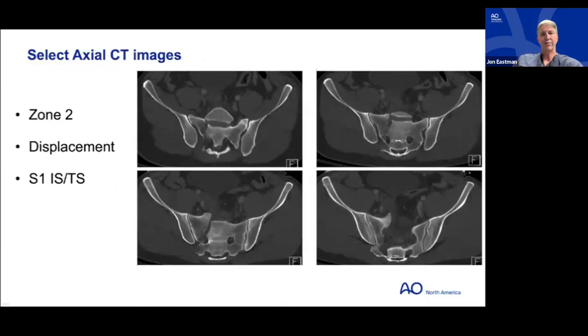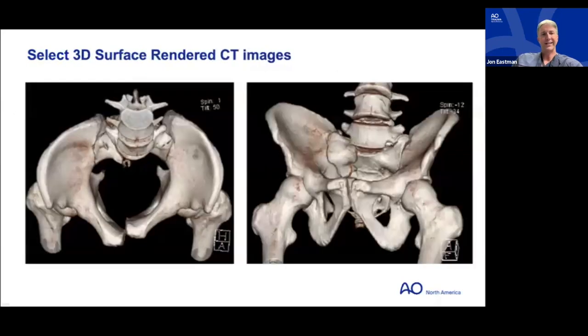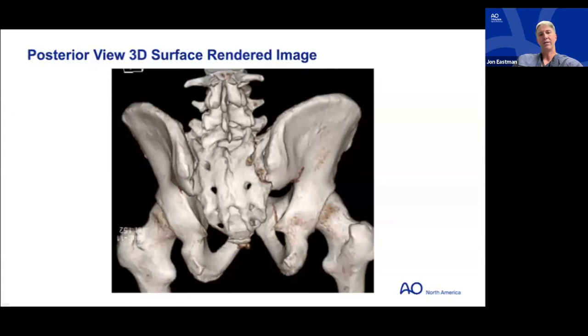And this right-sided sacral fracture that you see is displaced, translated anteriorly, and a little bit of caudal displacement. He's not a dysmorph. He has a viable S1 pathway to accommodate any screw you want to place. And so the displacement is shown here nicely, I think, on the 3D renderings. You can see it. And then when this came in, I think a lot of times people are thinking about,